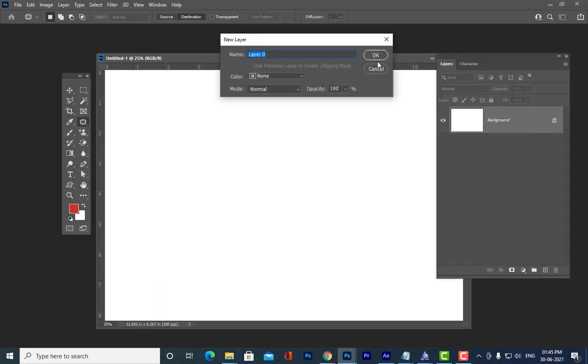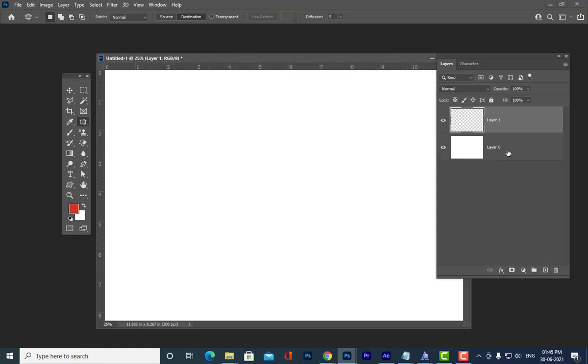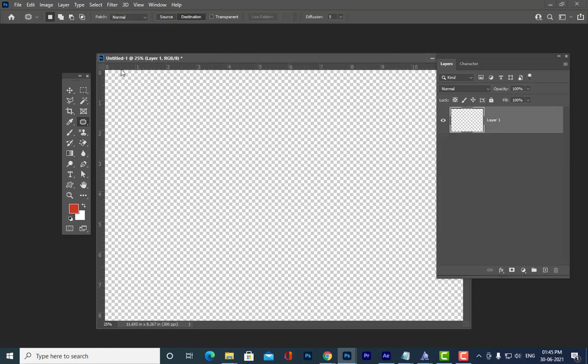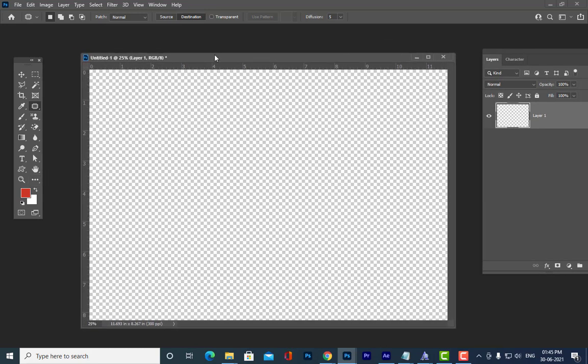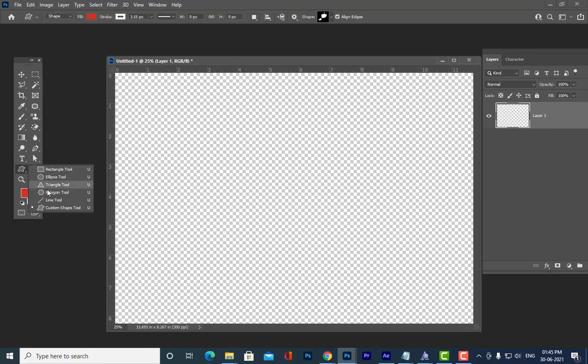How do we get the shapes from Photoshop to After Effects? What is the solution? Can you tell me, Prashant and Bharat?